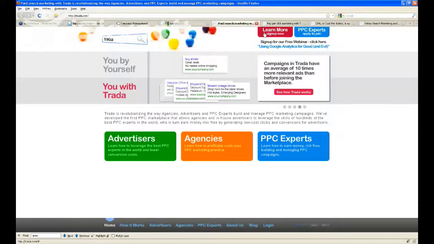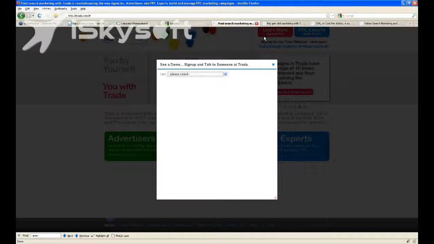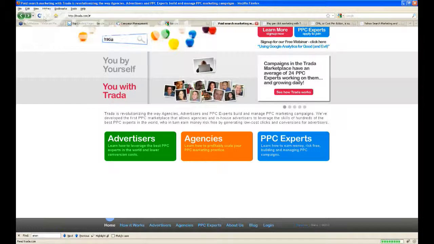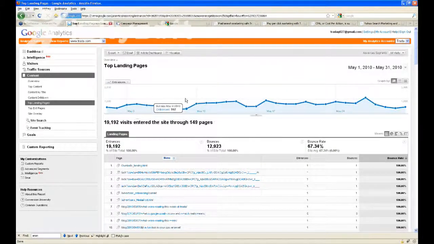A goal is for an advertiser to sign up for our business. We'll talk a little bit later about what we do as Trada. The basic idea is that we help people place ads on Google, Yahoo, and Bing. So an advertiser is our primary target, someone who wants to advertise on Google, Yahoo, and Bing. Or we are looking for paid search experts that want to come in and go through a certification process, and they want to join our marketplace to work on these campaigns. These are the two types of people that we're looking for. So in our Google Analytics, we have two different goals: one that tracks when an advertiser signed up, and one that tracks when a paid search expert signed up. As I'm showing you the reports, you'll see these two different types of goals in many of the places.